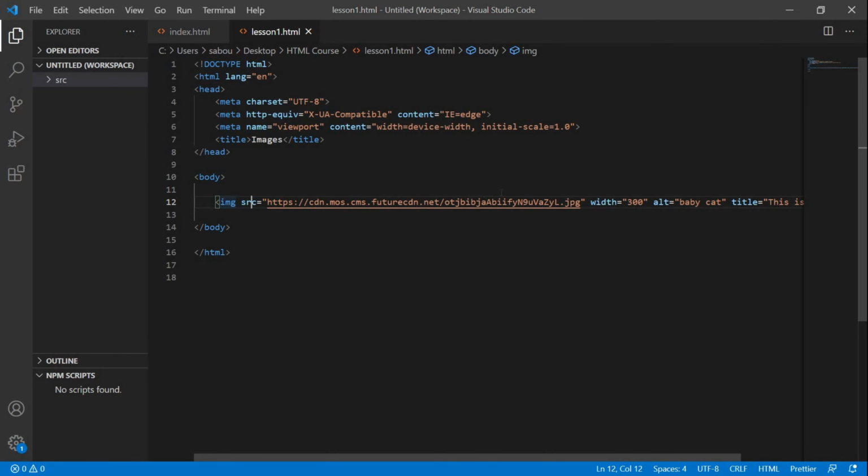So this is the code for an image that is on a website, I mean that is not on our computer. Now, how can we display an image that is on our computer? Like, we have it in some folder and we want to display it. We don't want to use the link to the website that hosts the image, but we want to take the image and save it on our desktop, for example, and then after that display it. So let's take an image